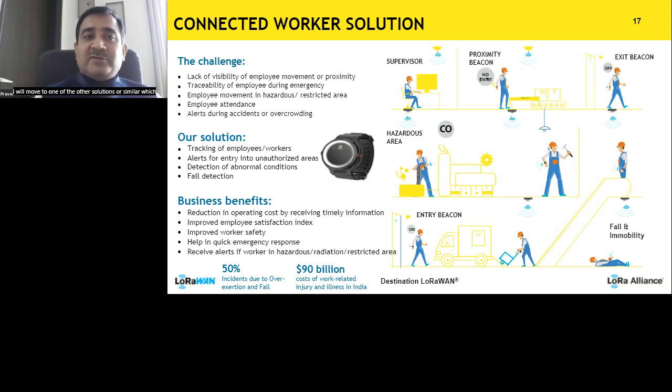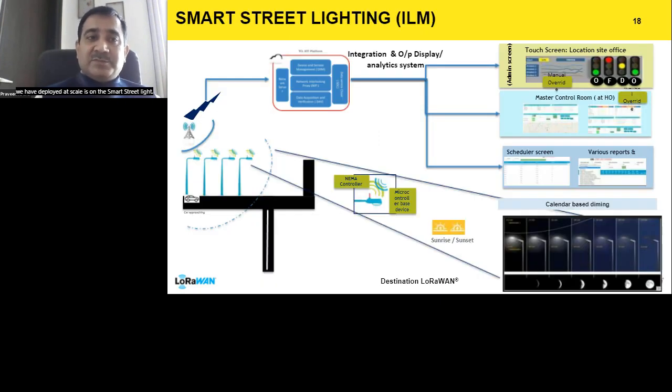I will move to one of the other similar solutions we have deployed at scale, which is the smart street light. This pertains to one of our smart cities solutions. Here, streetlight automation is one of the key focuses. These include the LoRaWAN-based controller, which can be fitted on any